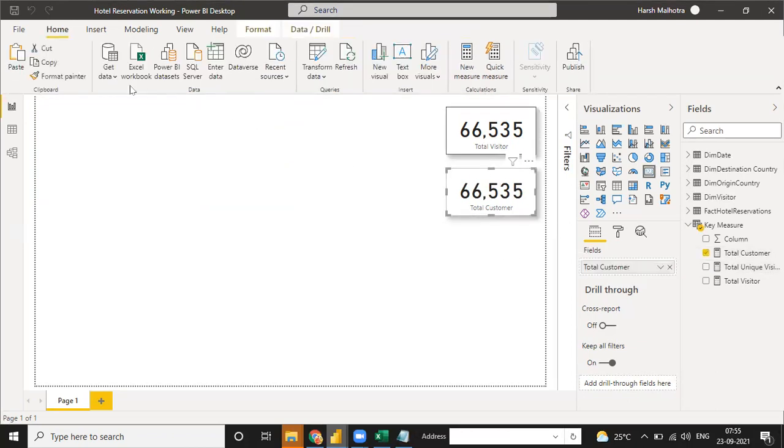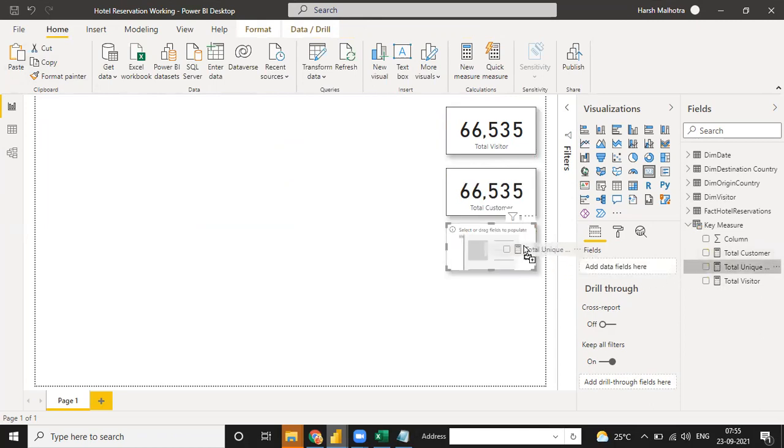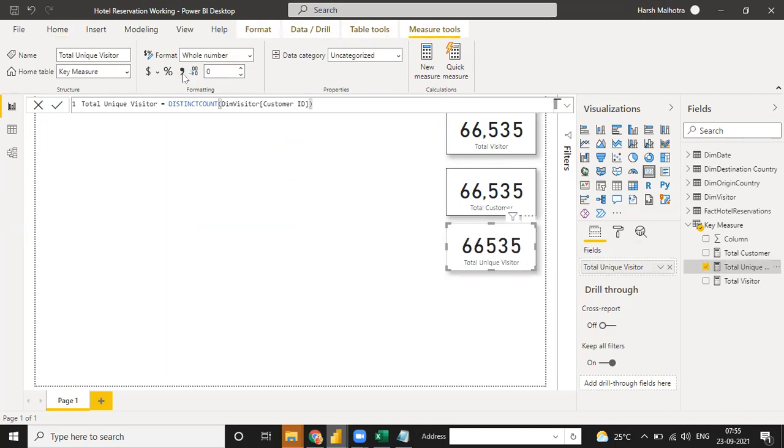So you just click on this, copy and just paste. And instead of total customer, you need a total unique customer. And see, the value will be the same for all three functions.